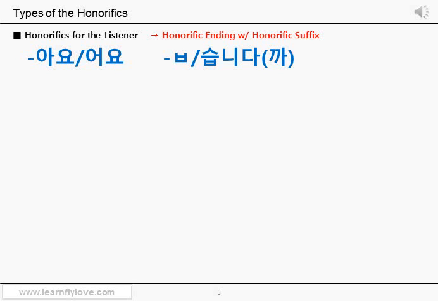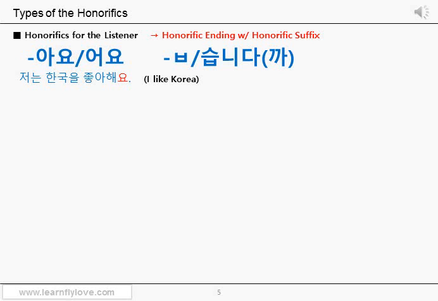What does that mean? It means these honorific endings are used to sound polite to the listener. So when the listener and audience hear this 요 or 니다, 니까 sound, they can know that you are trying to sound polite to them. For example, when you want to say I like Korea to someone who deserves honorifics, you can say 저는 한국을 좋아해요. And it sounds polite enough to the listener or audience, right?